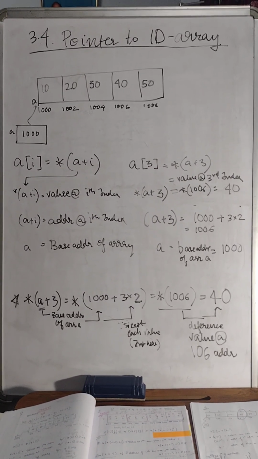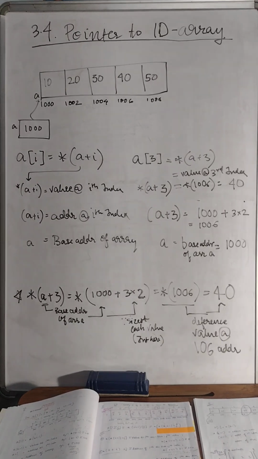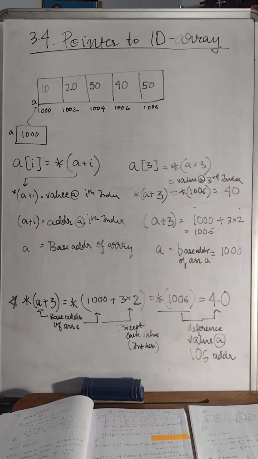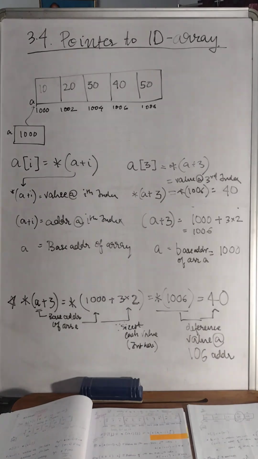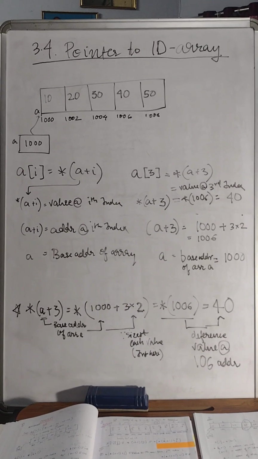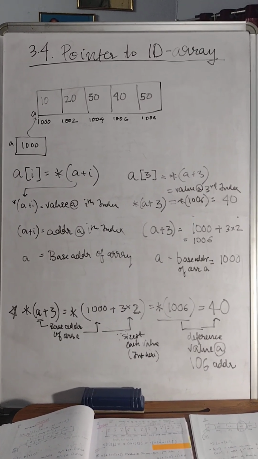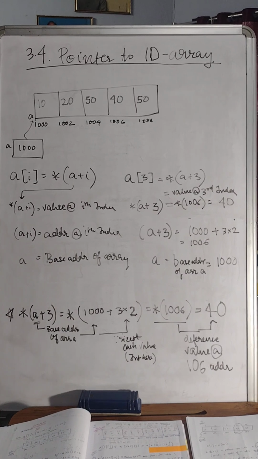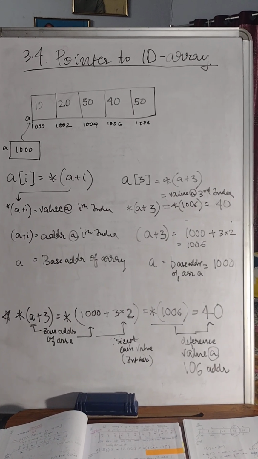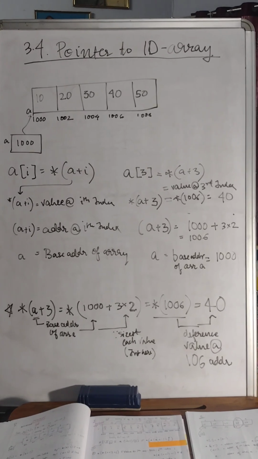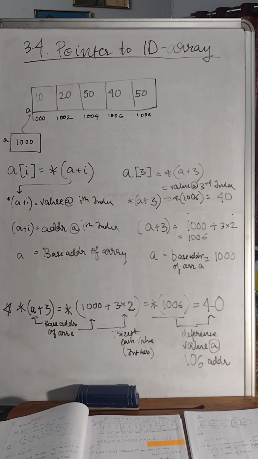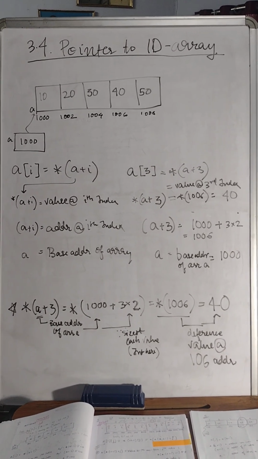Like the first index is stored at address 1000, and the array A will be returning this base address only, that is the address of A. And the second index is stored at 1002, 1003 at 1004, and so on. So here A of I, that is the value at I, is equivalent to